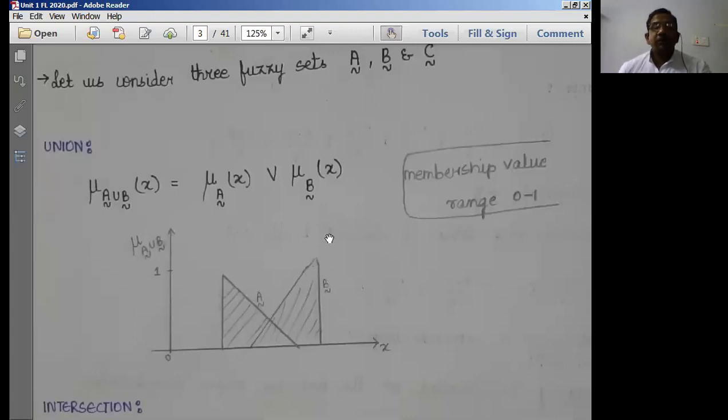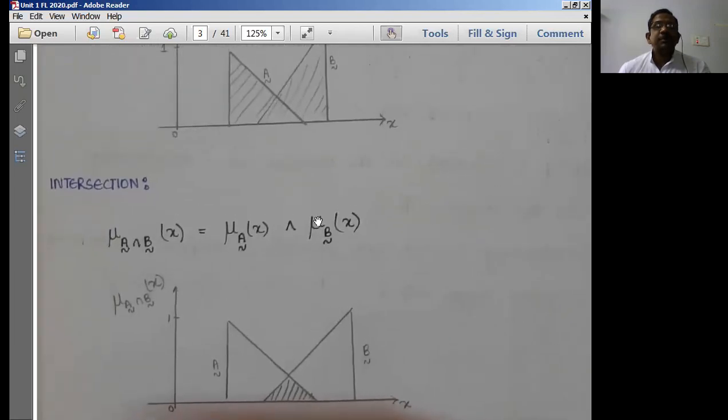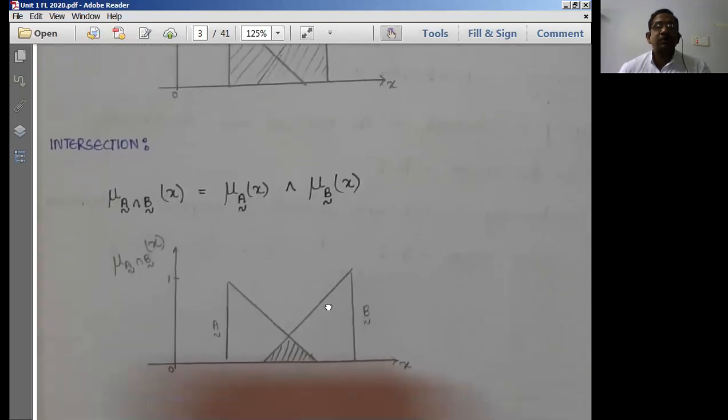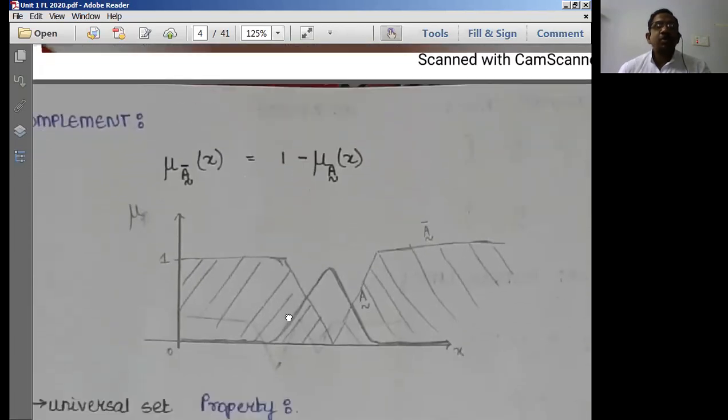Well, we can take out some more examples. See here, there are membership functions for A and B represented like this. A is a membership function represented like this. B is a membership function represented like this. When you union these two, we'll be getting a function something like this. This is the union of two sets. Similarly, the intersection of these two is over here, so we'll be getting the intersection of these two here. And next is going to be the complement.